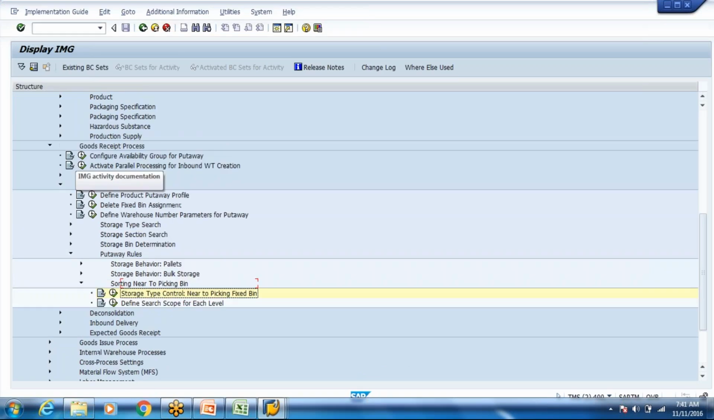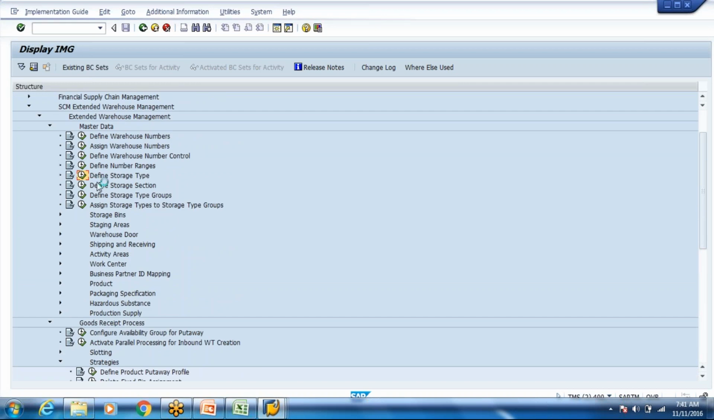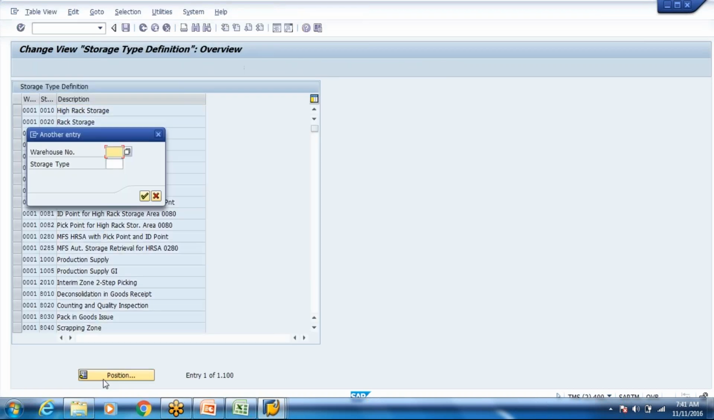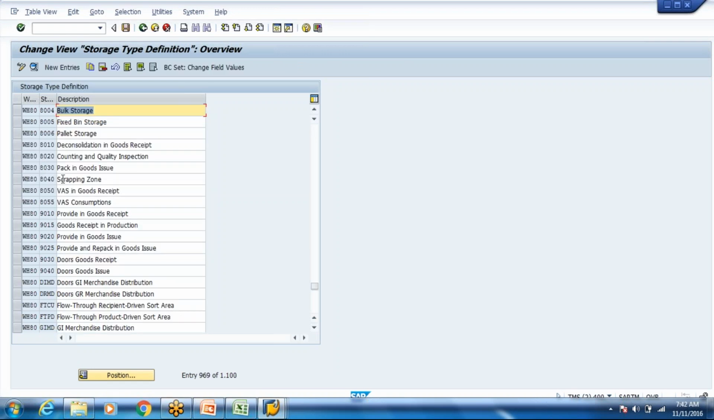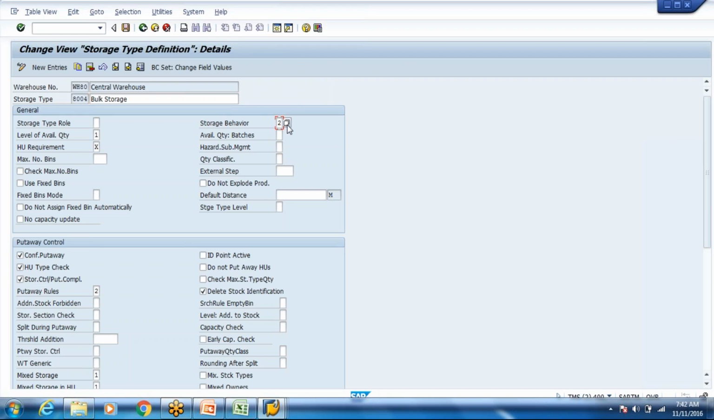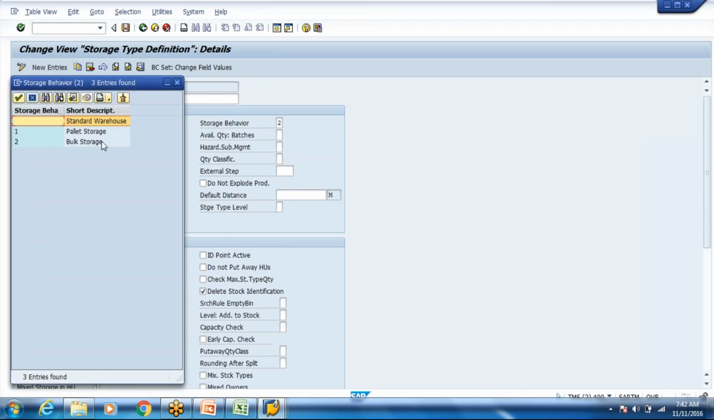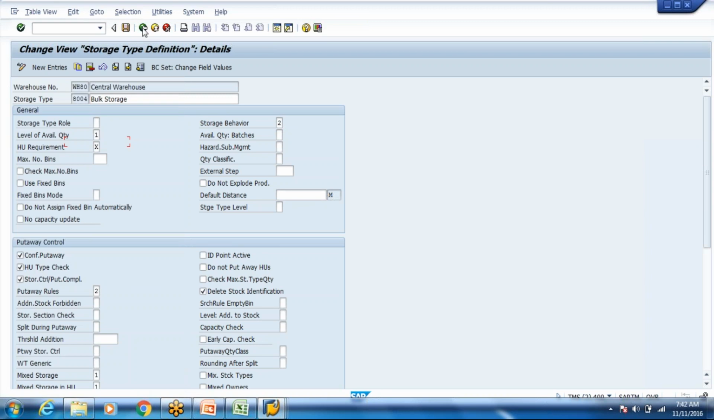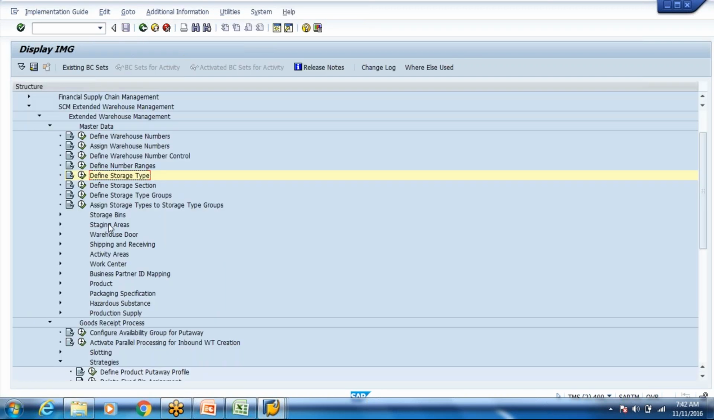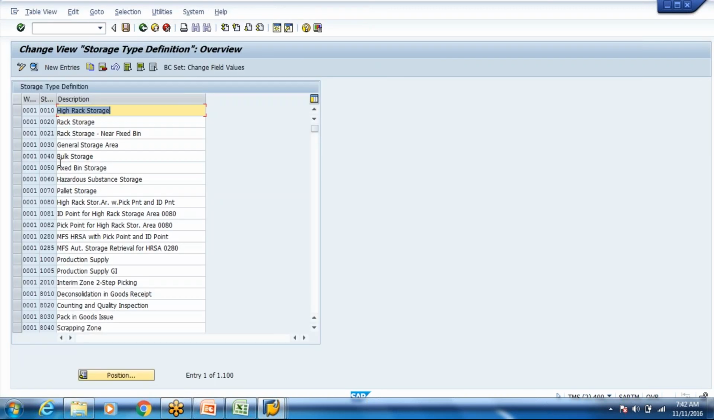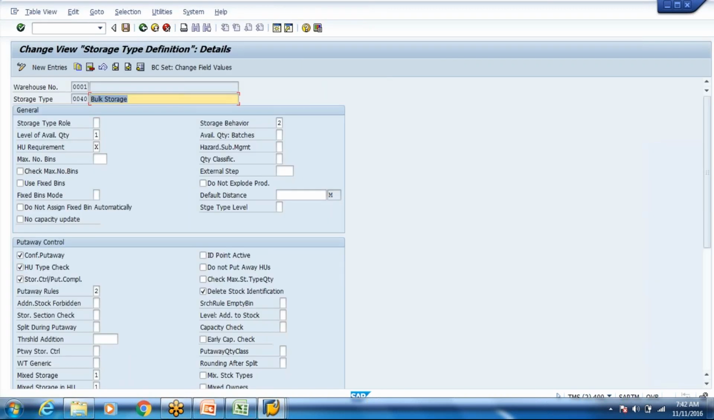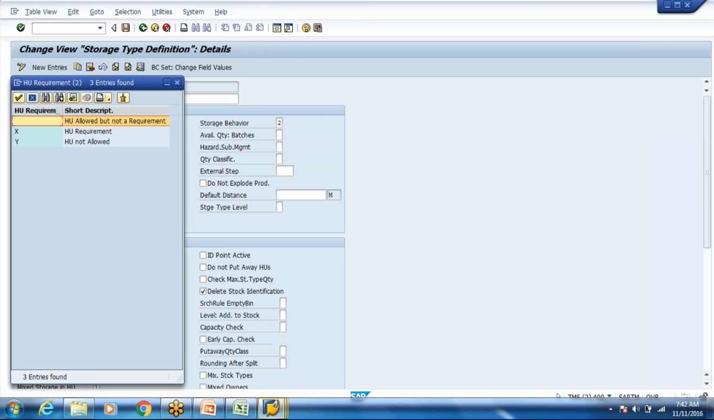So if we see the storage type, which is 8004, it has bulk storage, and you can see the behavior here. It is either bulk or pallet, otherwise it is standard. Here it's saying it's bulk. As soon as you say it's bulk, then you go one more point in bulk: you need to make sure the HU requirement is mandatory here,